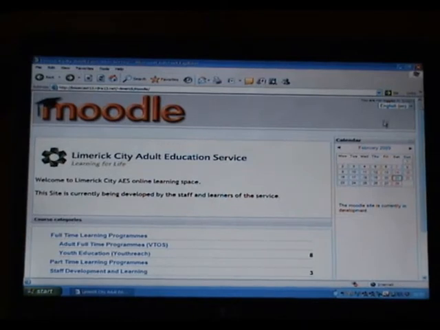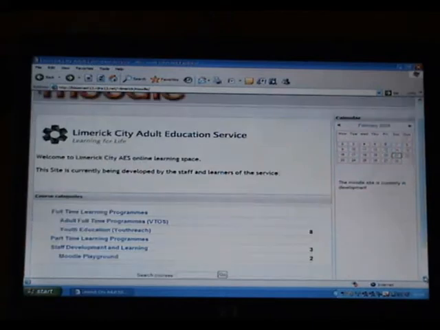As you can see, when you go to your given address, you arrive at the home page, the Moodle home page. And the first thing you're going to do is try to find your course in Moodle, the course on which you're teaching. Now at the moment I've just set up a dummy course for myself. It's within a place called Moodle Playground,